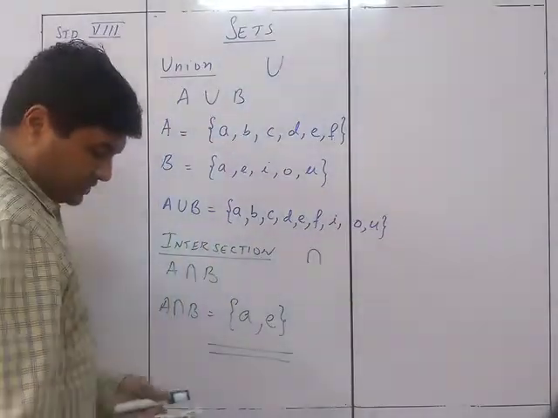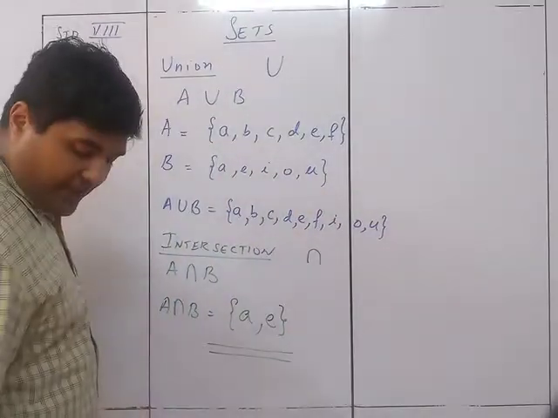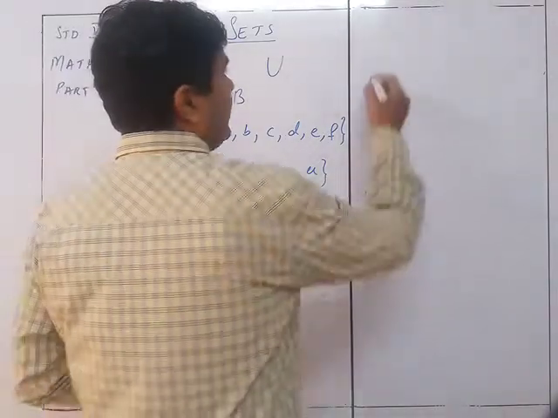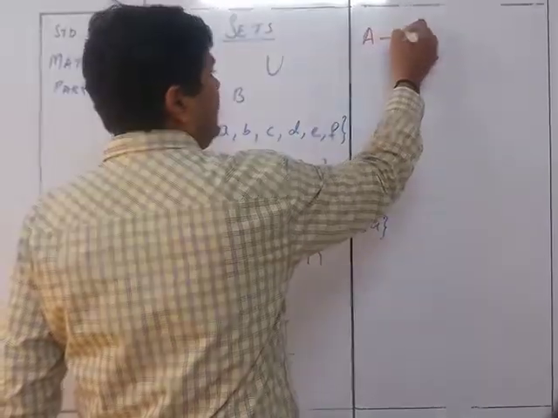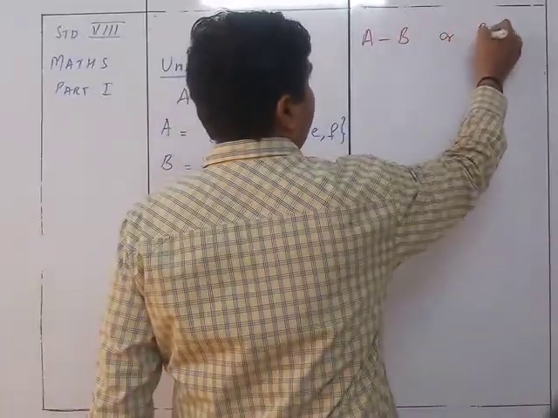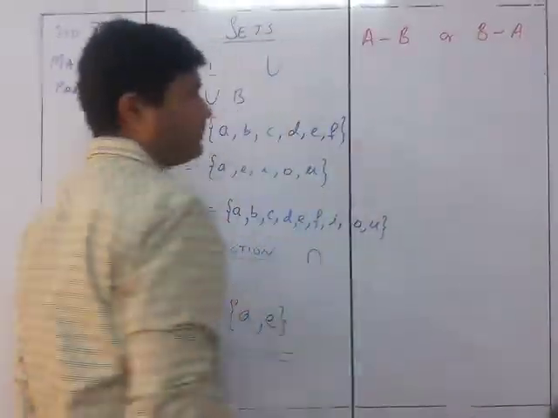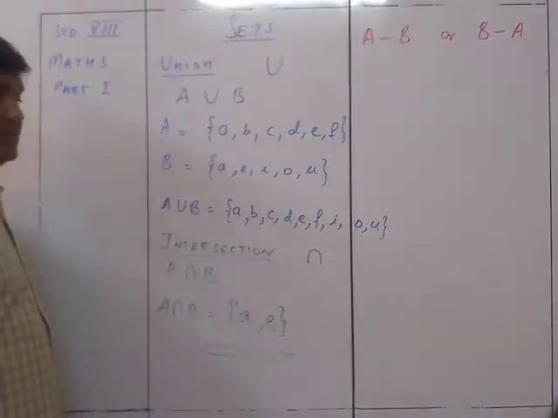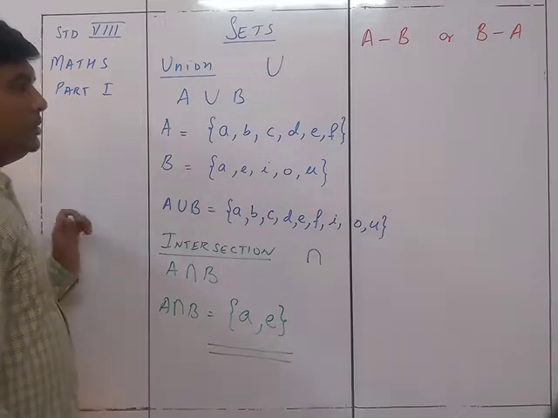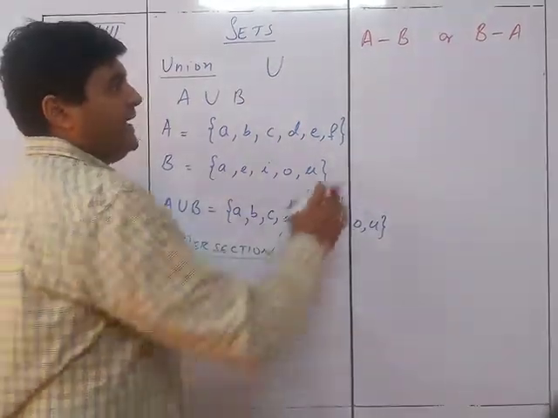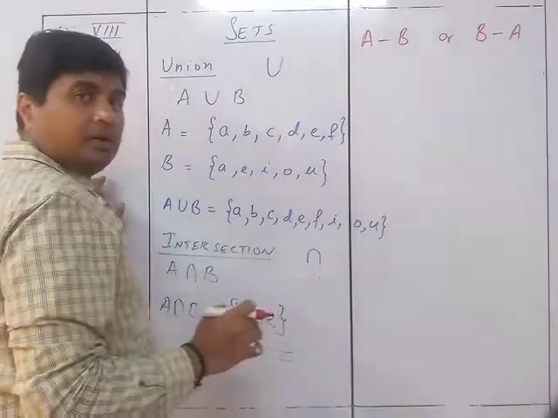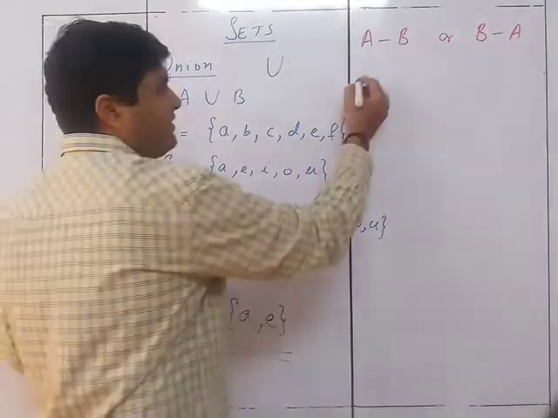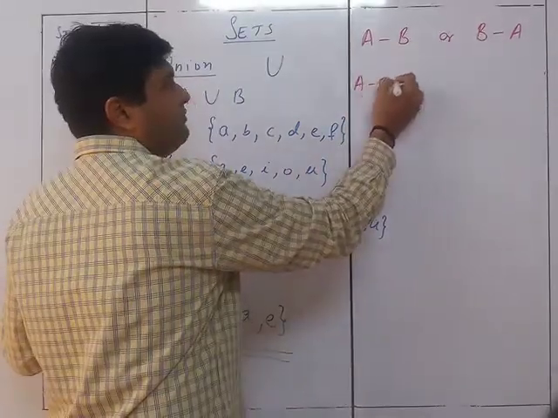Difference of the two sets. The difference of the two sets can be given as A minus B or B minus A. Okay, this could be two differences. So when it is A minus B, we'll be having it this way, that A minus B will be equal to